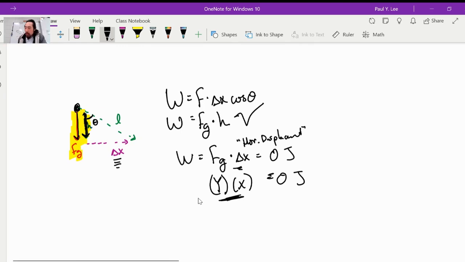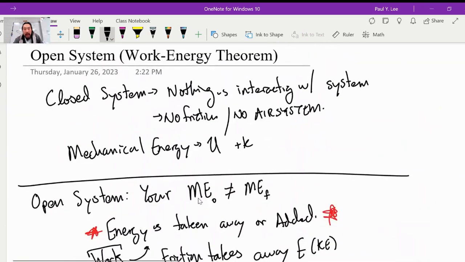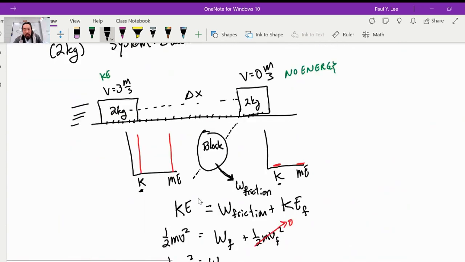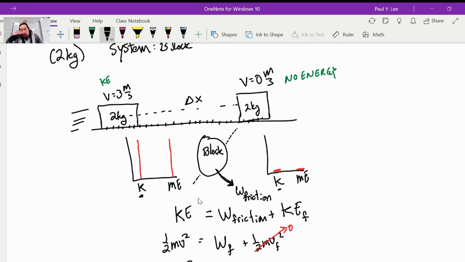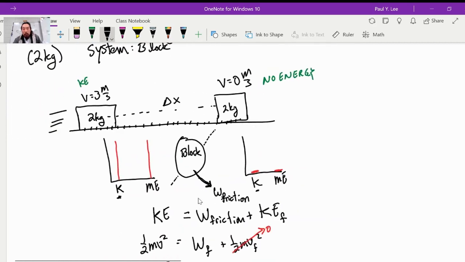So with that being said, let's go back into our previous problems to see why certain situations add energy and certain situations take away energy. So this is problem number one. In problem number one,